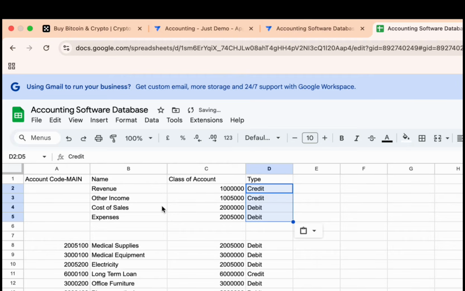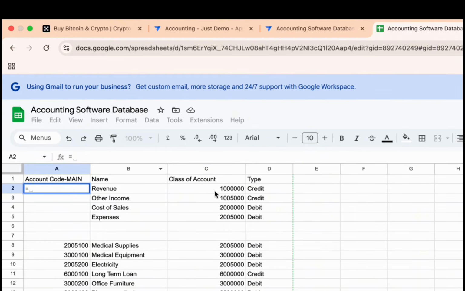Good. All right. Now, what we're going to do is that we're going to bring the account codes for these lines. Okay. These are going to be the totals. Okay. So what we're going to do is going to say equal to the next item, which is this -1. And then just drag it down like that. Good. This is giving you -1 because there's nothing over here. Fine. But we know that after expense, what's the next category?